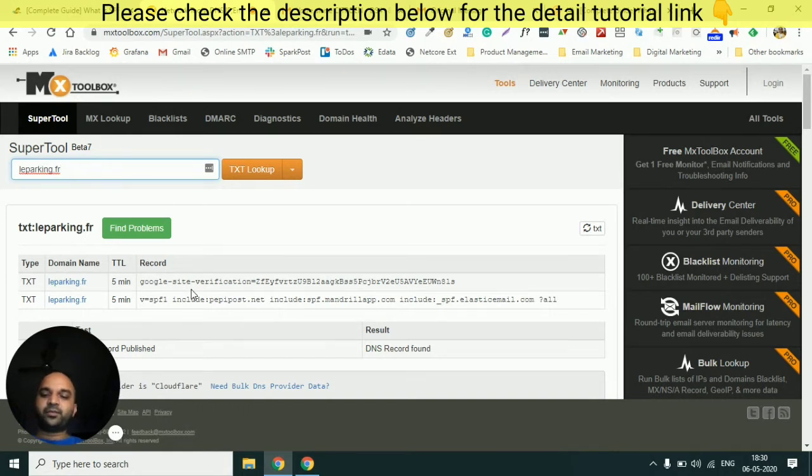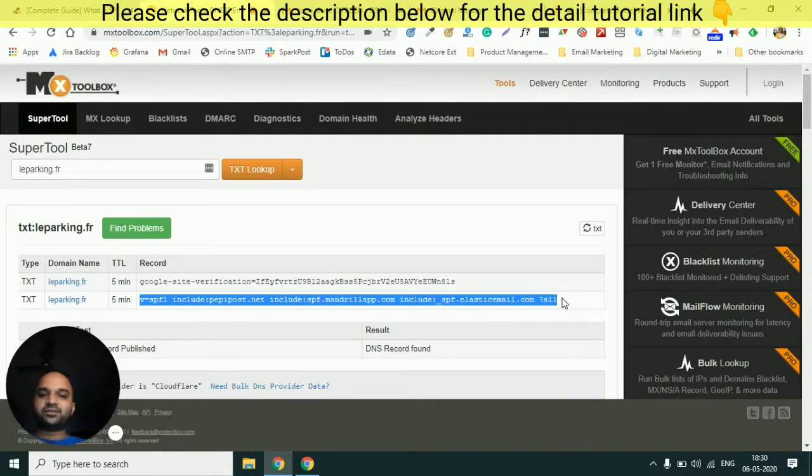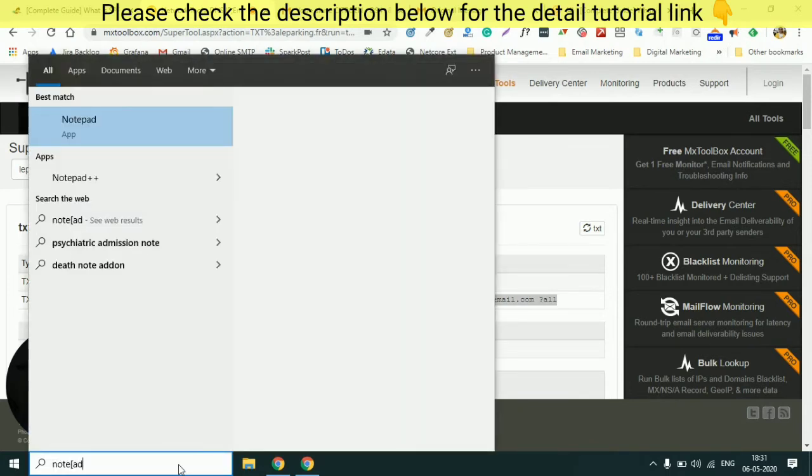That's the name of the service provider. Now that ABC email sender wants Lee Parking to add their SPF record in the DNS. So what will he do? He doesn't have to go to his DNS and add that as a new record. Instead, he has to copy the existing record which is there like this, copy it and open a notepad.